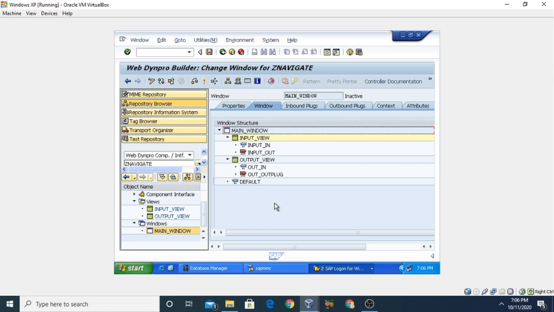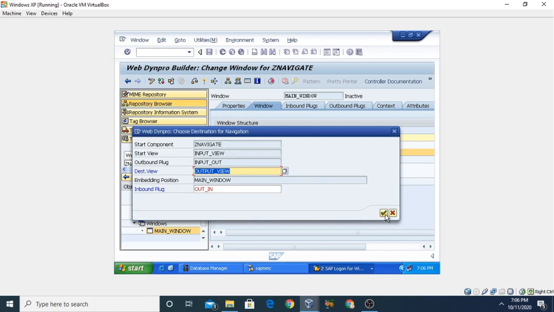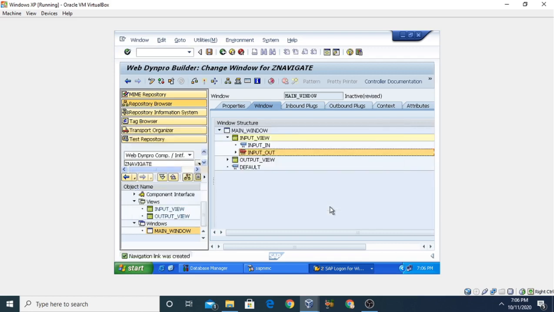So how can we show that? With the help of drag and drop. When the user clicks on this particular event input underscore out plug, the second web page should open. So just drag and drop onto this input underscore in, so that we are linking these inbound and outbound plugs.